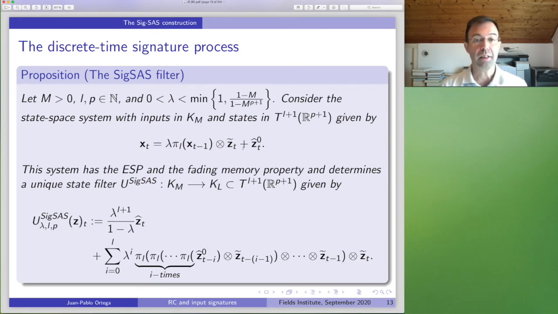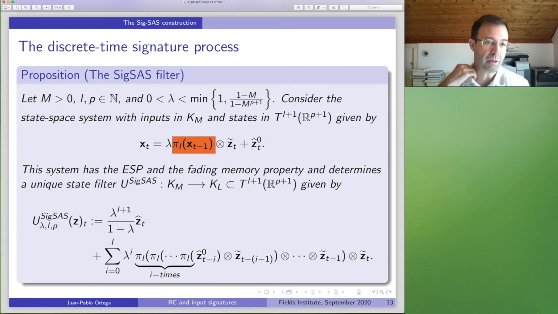So the way it goes is via this state equation. Again, the states live in this space. And the way in which we do it, well, is the state at time t. Actually, in order to get it, all you need to do is first you lower its order, and then you multiply by this Vandermonde vector associated to C_t, and you tensor it with this, right? And then there is this non-homogeneous term that you choose in a specific way that is not important now. It was detailed in the previous slide.